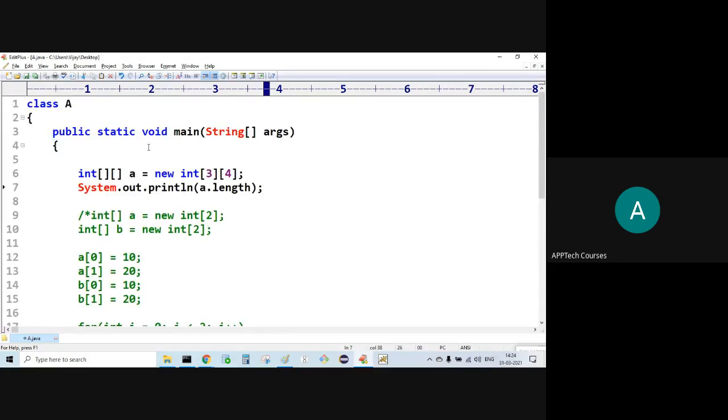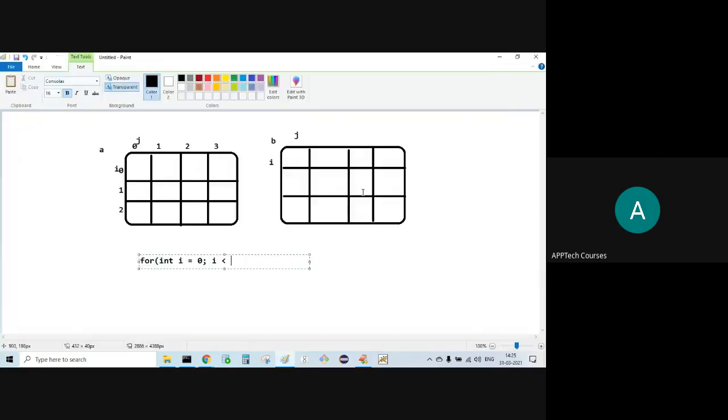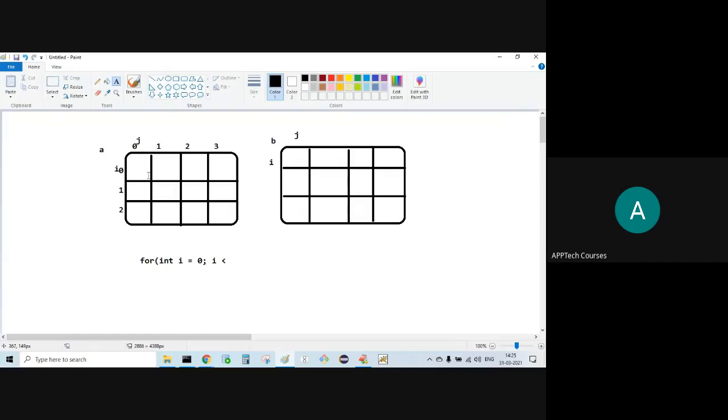What does that mean? Here, 3 rows we have, 3 rows and 4 columns.